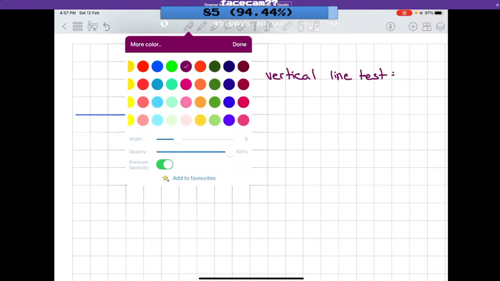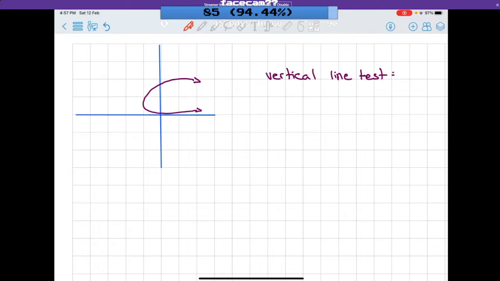And basically, you take a ruler and put it on your graph like this. Draw a line. Now we see here that the line intersected or went through the graph at 2 points, which means that this is not a function. The vertical line test states that the line